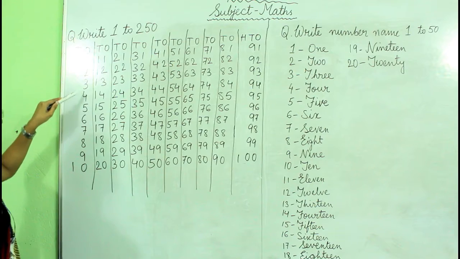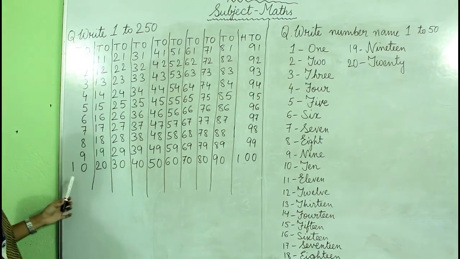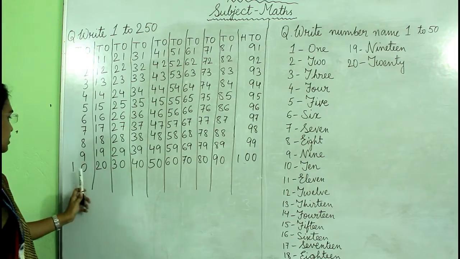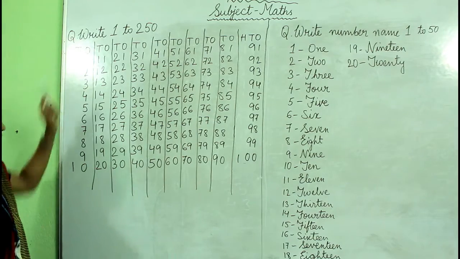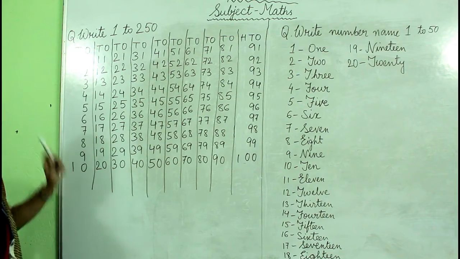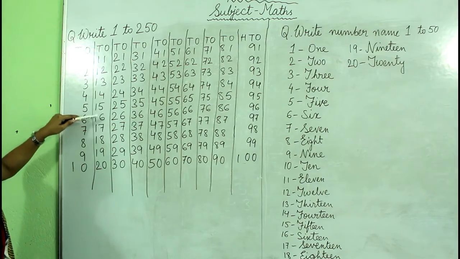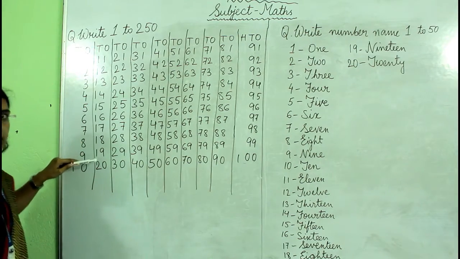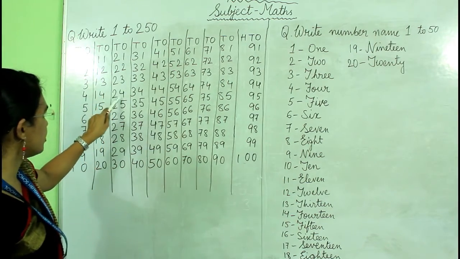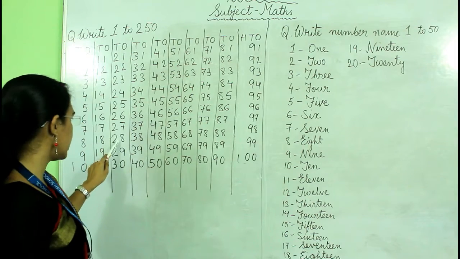1, 2, 3, 4, 5, 6, 7, 8, 9. And when you are writing a 2-digit number, the first digit you have to write in the tens place and the last digit you have to write in the ones place. That means 10: 1 in the tens place and 0 in the ones place. 10, then 11, 12, 13, 14, 15, 16, 17, 18, 19, 20, 21, 22, 23, 24, 25, 26, 27, 28,